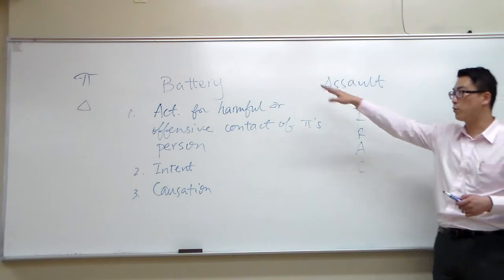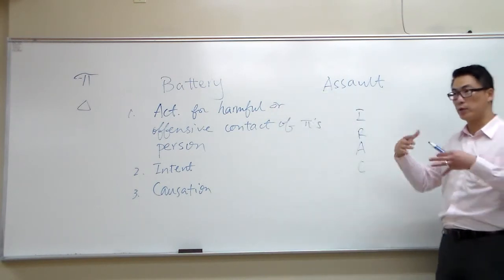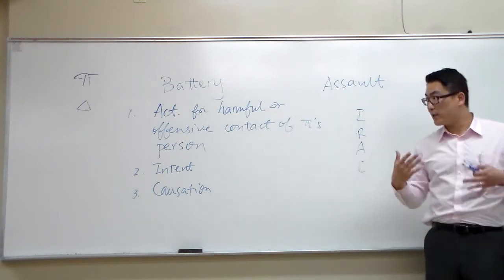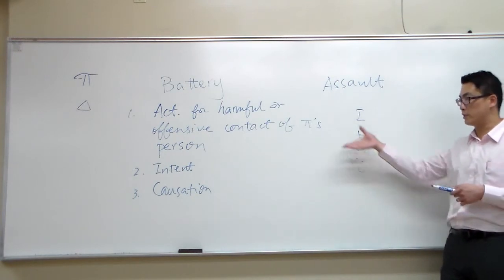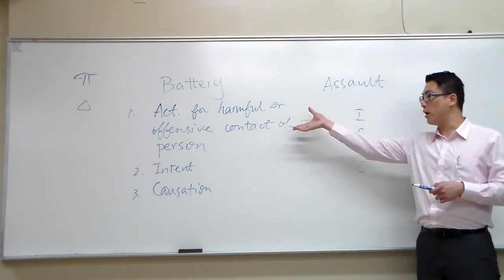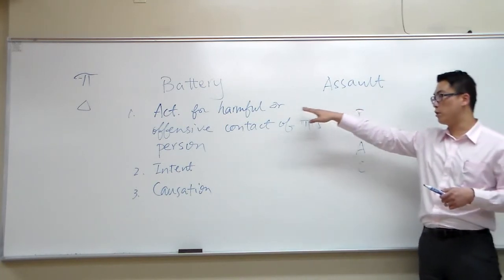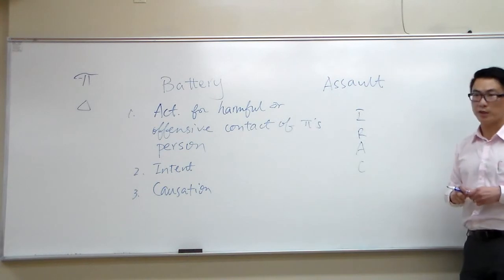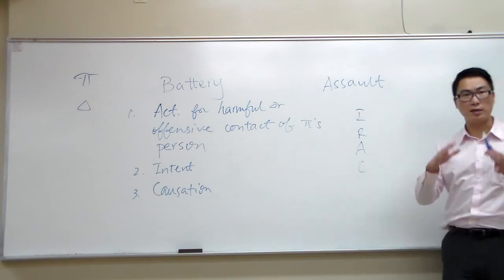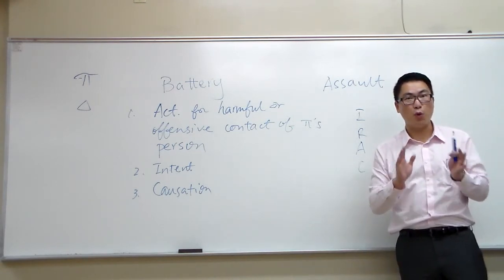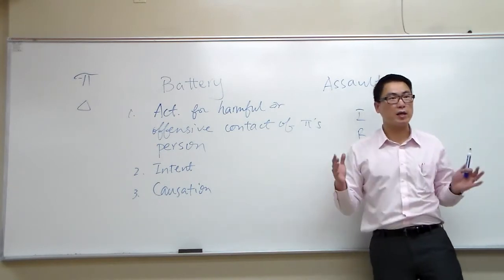What is the rule? The rule requires this element to be part of battery analysis. Then you're going to go into whether there's a harmful or offensive contact, or whether it's on plaintiff's person. And then you reach the conclusion, yes, the first element has been met. And then you're going to do the same thing for the intent. Whether there's an intent for this harmful or offensive contact of plaintiff's person. Rule, well, that's the second element. Analysis, you're going to talk about whether there was intent, why there was or why there wasn't. And then conclusion, yes, the second element has been met.